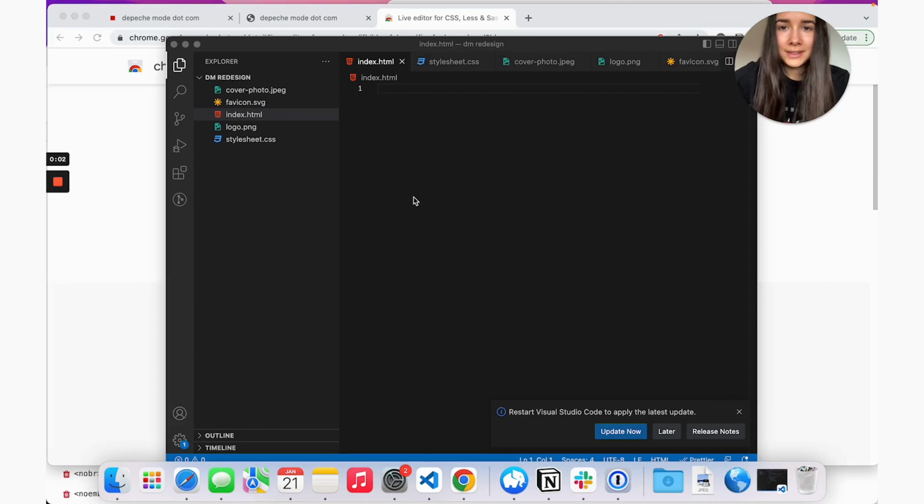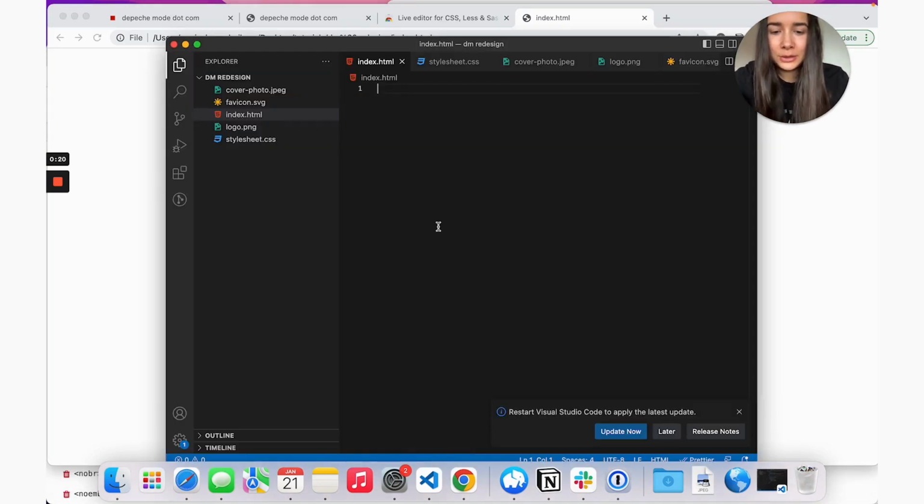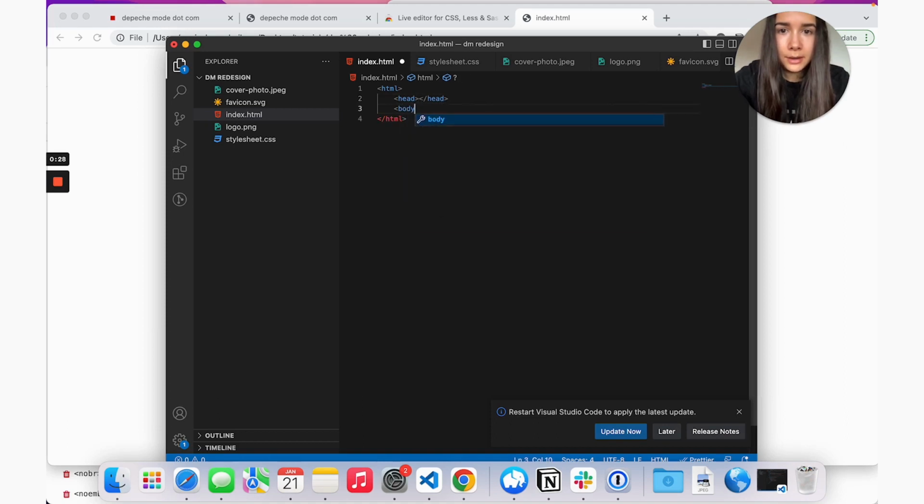We'll do our index HTML file first. That's where all of our content is going to live. So you actually can just drag and drop and see what we currently have, which is nothing, which is expected. Anyways, so we're going to start by having an HTML tag, and then we'll have a head, and we'll have a body. And inside the head, there are going to be a couple of tags that are going to go in here. So the first one is the title. The title is something that appears at the top of the tab here, and now it just says index HTML, but we don't want that.